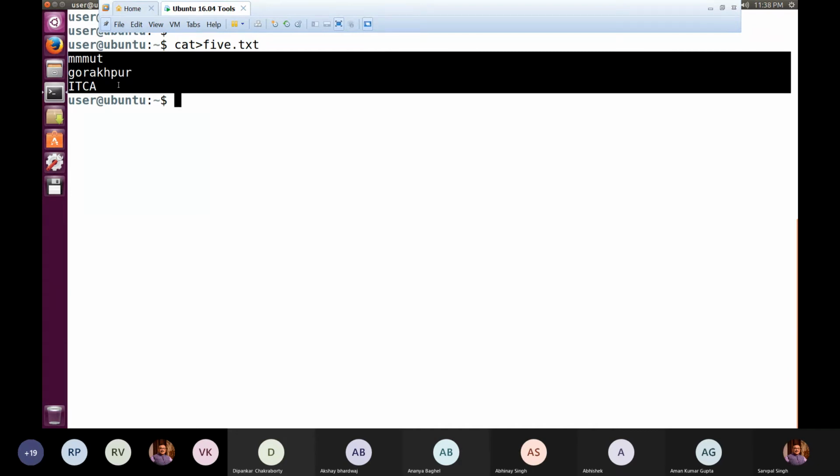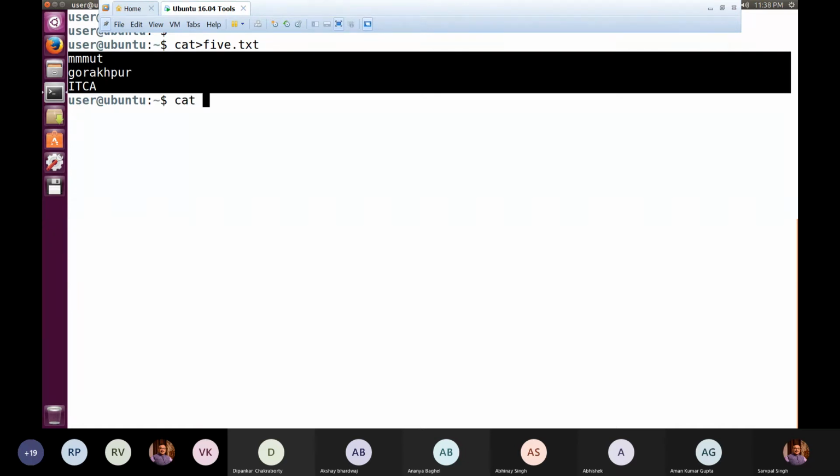That you do by pressing Control D. When you give the Control D signal, that means it's an end of file signal. By that you are telling cat that the input file is complete. Now cat resumes its usual operation, and what the usual operation is, had we given a file name after cat, it would have transferred those contents to 5.txt. Similarly, since we have missed that file name, it assumes that is the input file. So when you end the input file, it has cat, then input file, greater than 5.txt. So it transfers those contents to the 5.txt file.